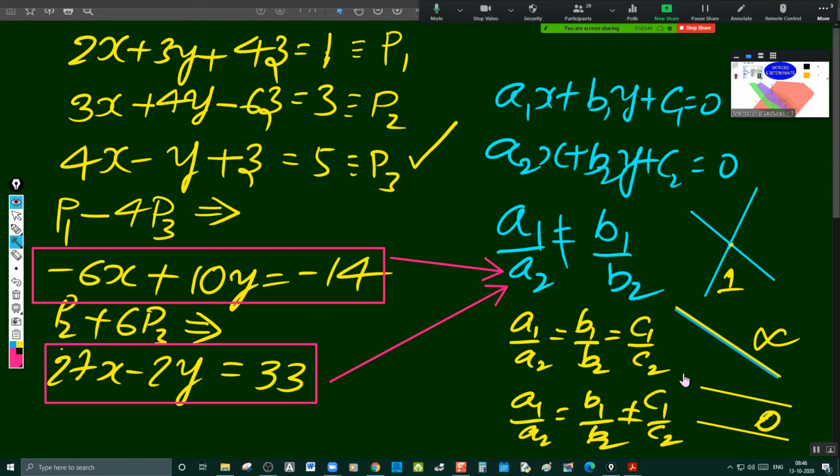So how a many-solutions case is given by the professor is that he will make use of the two planes first. Two different planes he will take and he will form the third plane with the help of the first two planes only, and thereby the third plane is a member of the family of planes. But don't the planes change? We are not checking P1, we are checking P1 minus 4P3. Won't that make a difference?